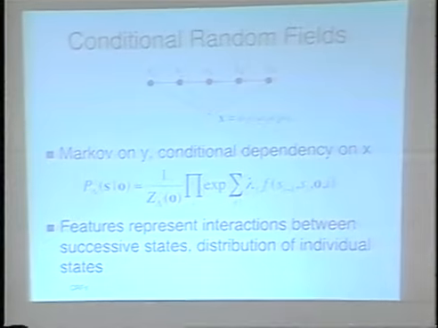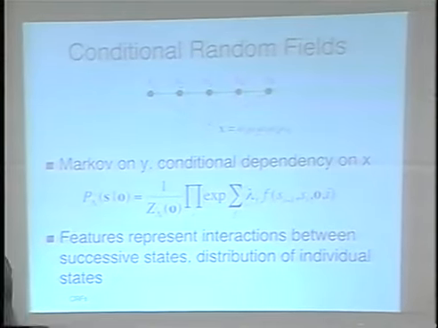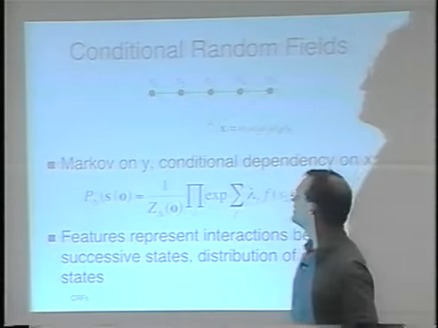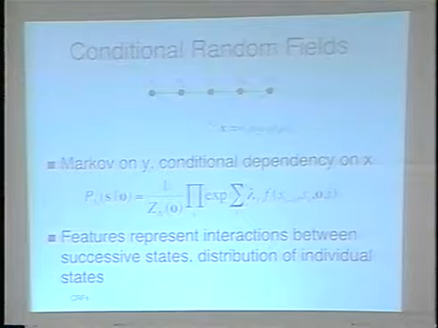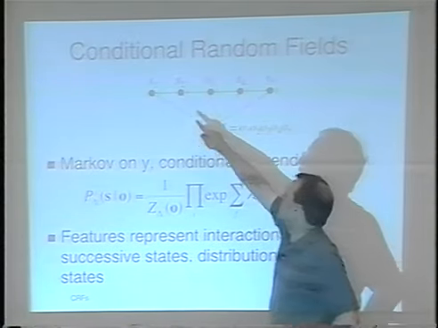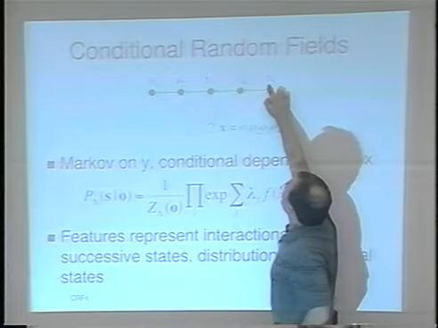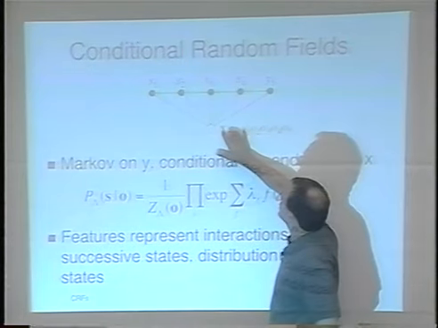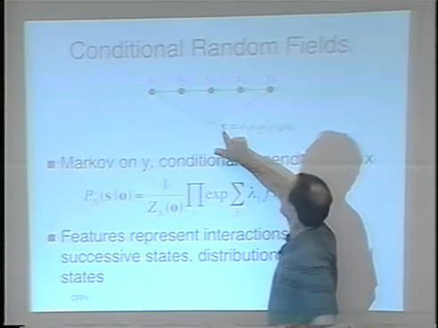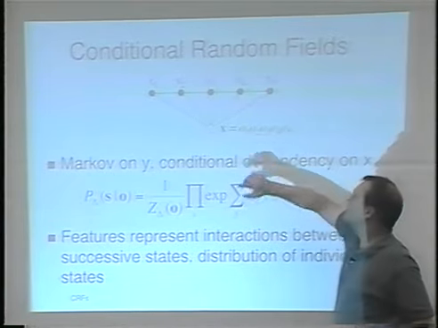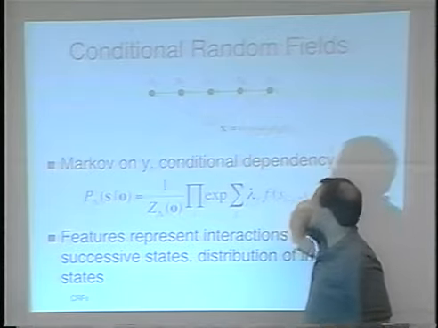So the picture, I think Andrew gave you this picture last week, or at least I saw this picture on Sanjeev's board, but I'm going to repeat it because I think it bears some thinking about. I have my states, labels, whatever I want to call them here. Oh, in fact, I changed notation. That should be an S. Sorry. And I have my observations. I was doing some last minute editing to make notation uniform, and I didn't quite completely succeed. It should be an O, not an X, sorry.